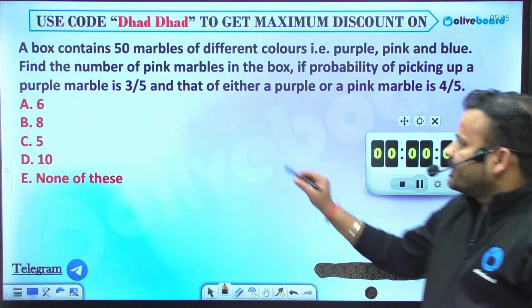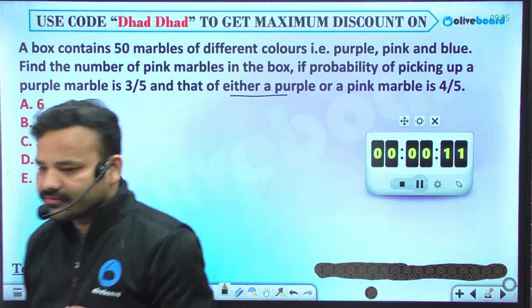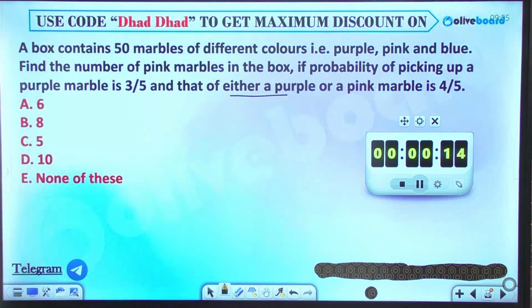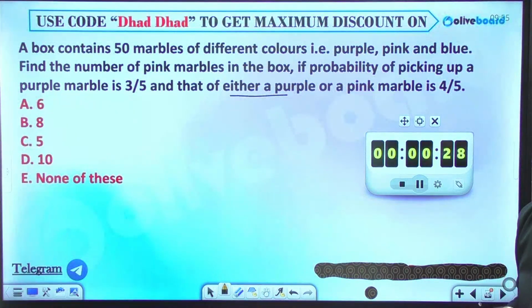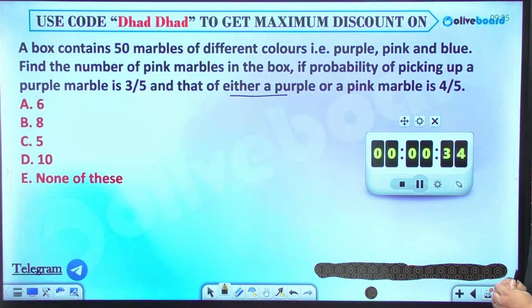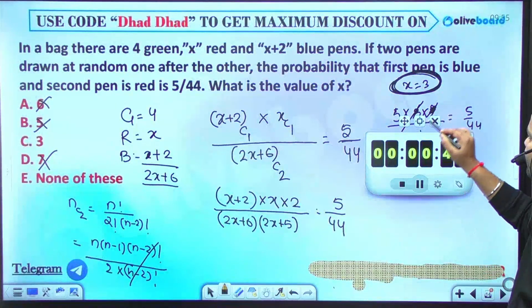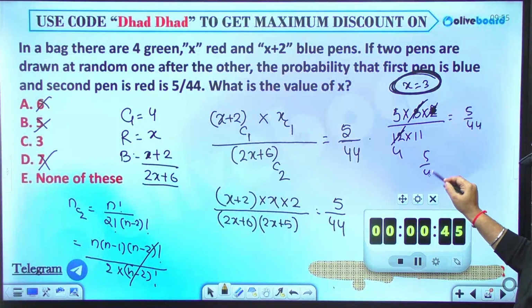ये ईदर केस आ गया है ना, ईदर अ पर्पल और, उसमें क्या था, फर्स्ट बॉल इज दिस, सेकंड बॉल इज दिस, ये ईदर वाले केस आ गए। यस रघु, एक बॉल आपने जो निकाल दिया आप दोबारा पुट नहीं करोगे, नॉन रिपीटेशन वाला केस होगा, दैट्स व्हाई 2 जो ऊपर गया वो 2 नहीं जाएगा ऊपर फिर, सो दैट वोंट बी 5/22, इट विल बी 5/44, ये जो 2 है ऊपर, ये 2 फिर नहीं रहेगा, if this 2 is not there, so what is the result, 3 times of 4 is 12, so this is 5/44, clear।